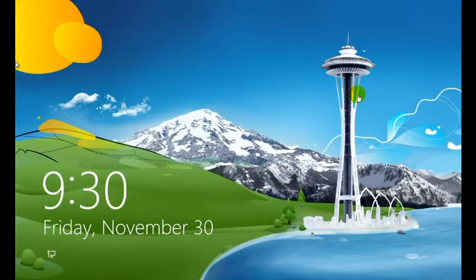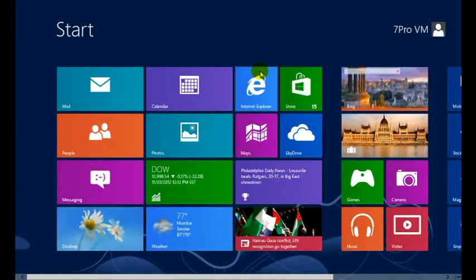Today we're going to go over how to put the Windows Start button into Windows 8. As you may or may not know, Windows 8 was delivered without a Start button. The Start menu is basically a complete redesign and is tailored more towards tablets and touchscreens. Some of us would prefer to have the Start button on the desktop like it used to be. So I'm going to take us through the steps of installing a Start button onto Windows 8, and we have